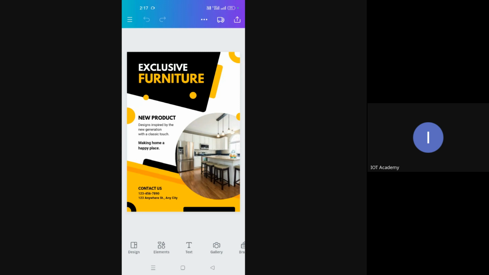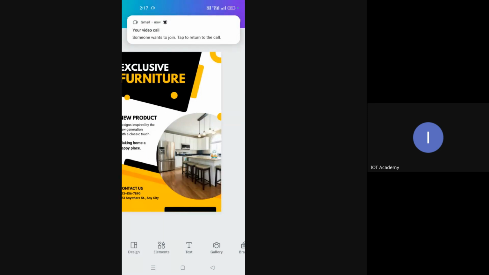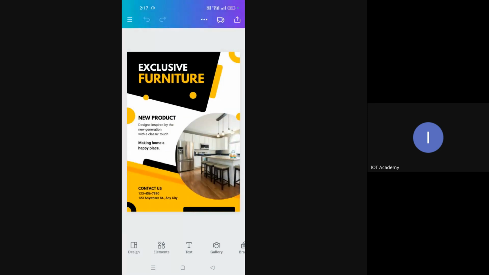If we have an idea of promoting, or you think our data suits this particular template, then we can download this and start editing it online. Like this, there are many which you can use.